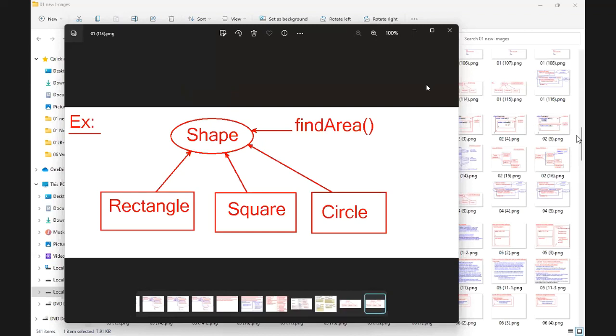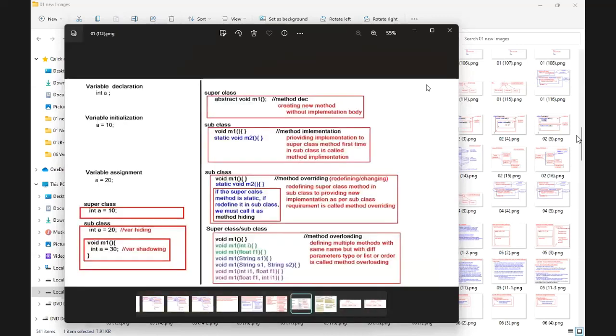We know what logic to write, but we cannot write that logic at where? Super class level, because that logic is changing from one subclass to another subclass. Then I should choose abstract method. So don't try to use a concrete method, cannot. Why? Because it is changing.